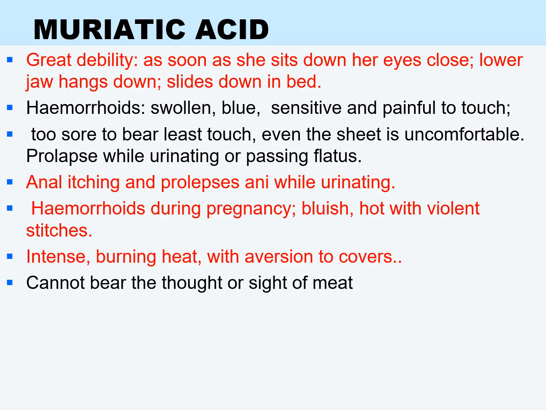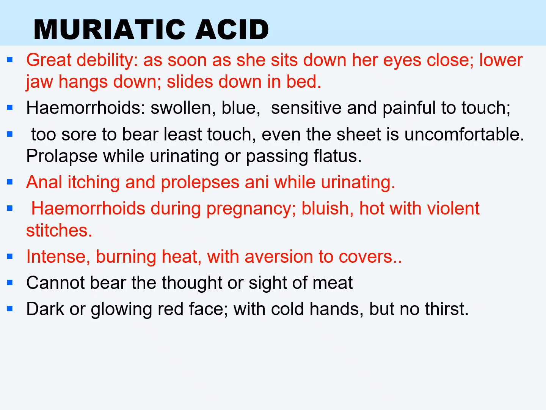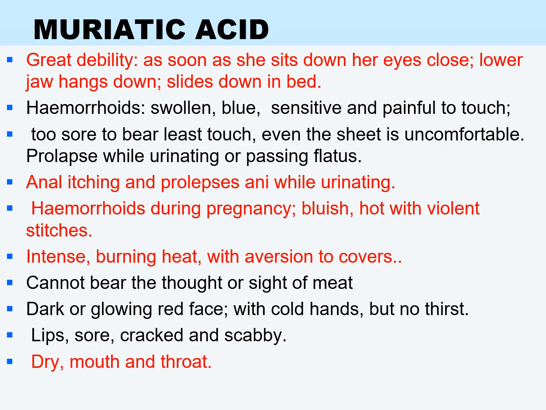Patient may feel extremely weak, tending to slide down in bed and feel better by lying quietly. Associated symptoms may include dry mouth, throat, irritability, restlessness, and general weakness, making it useful in more severe and painful